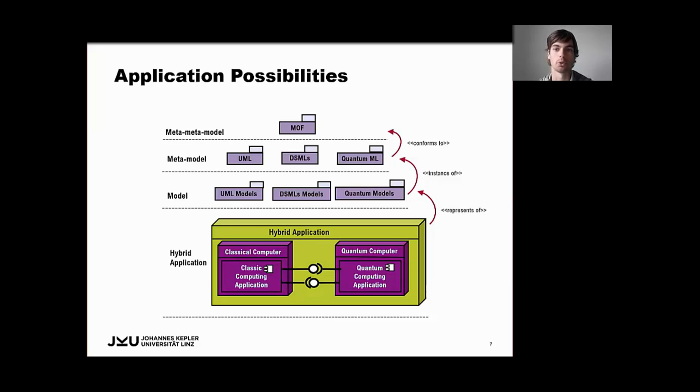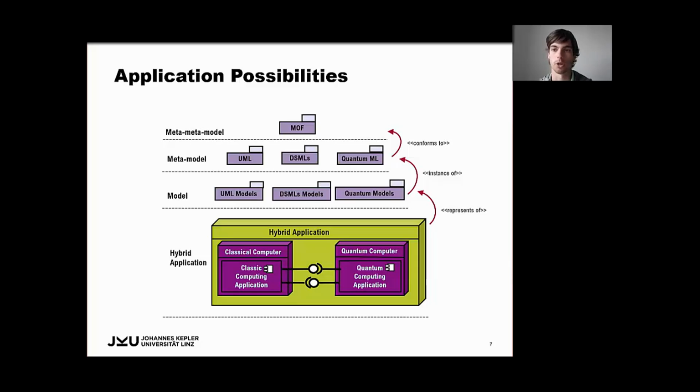However, currently we do not know whether the existing modeling languages are sufficient to account for quantum computing. So whether they would have to be extended, or whether new quantum modeling languages have to be developed to create quantum models. Because these modeling languages would then require the ability to cope with the quantum as well as hybrid elements. And the goal of this paper is exactly to explore the subject for the case of problem-oriented DSMLs.